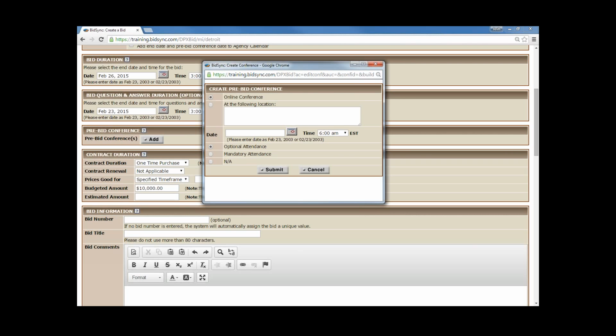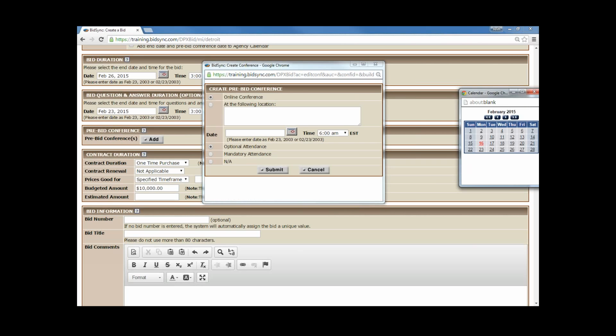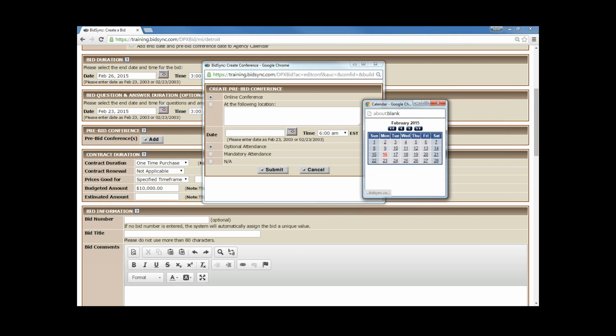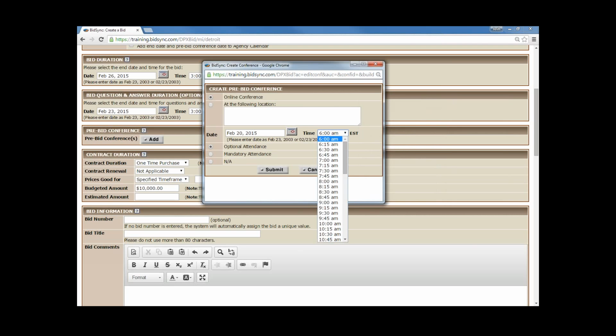The way that these online conferences work is you'll specify that you want to create an online conference. You'll select your date and time. So let's choose our date as, let's do February 20th, and we can specify our time as well. We'll say 9 a.m. And then we can specify if this is optional, mandatory, or not applicable as far as attendance goes. On February 20th at 9 a.m., you'll be able to log into your bid, and you'll have a